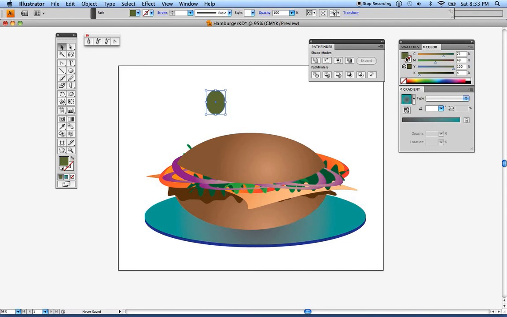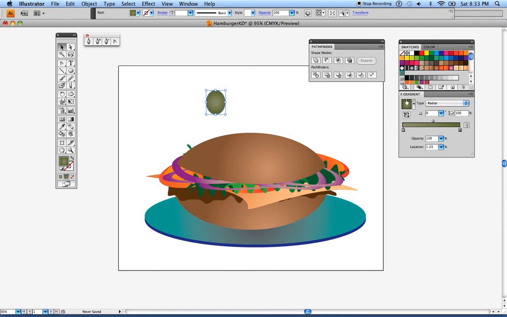So I'm going to take that color and drag it into my gradients. The other side of my gradient, I think I'll make a little more of a yellowy green, not quite so dark. There. Take some of the black out, and I'm going to go to Swatches and save that gradient as well. Now I can change the angle or the color of my olive